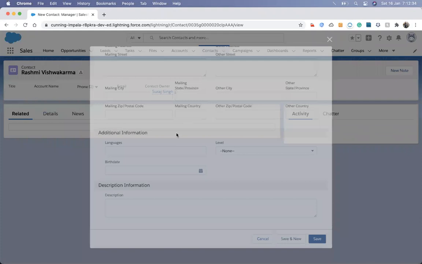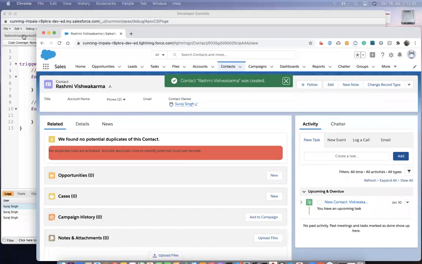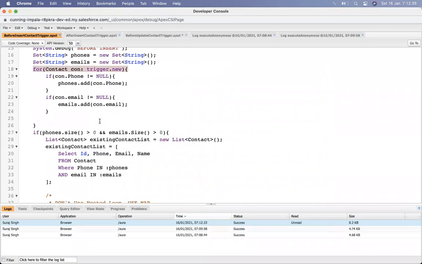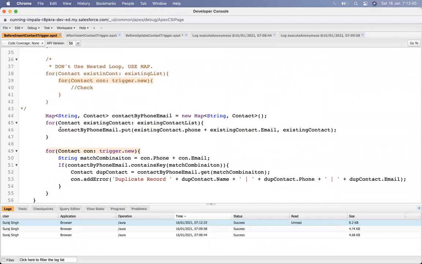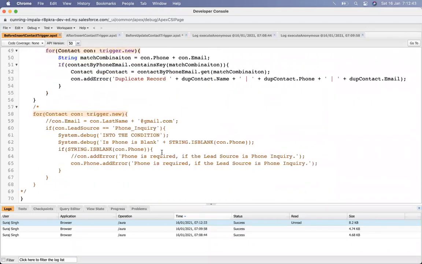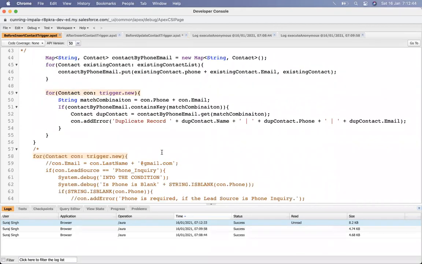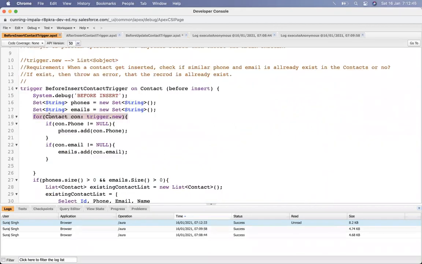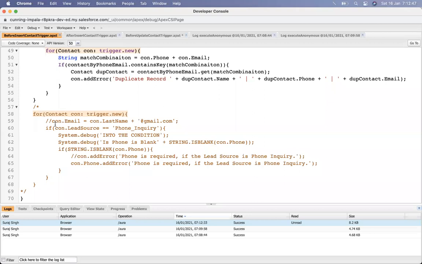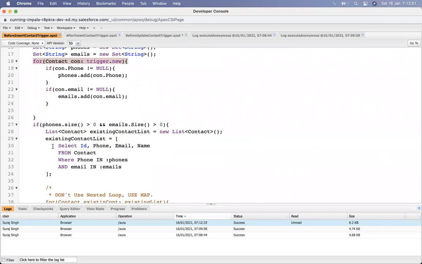Not saving that. We deactivated that trigger, before insert. No, we are not adding an error. We just commented out that code. Okay, we are just checking the duplicate. Let's re-enable this code.